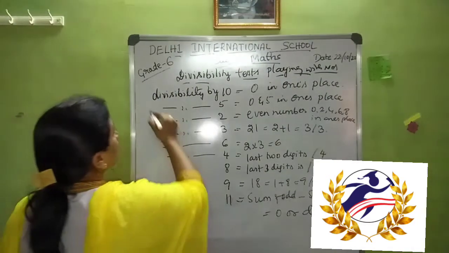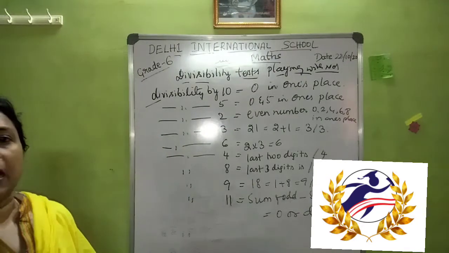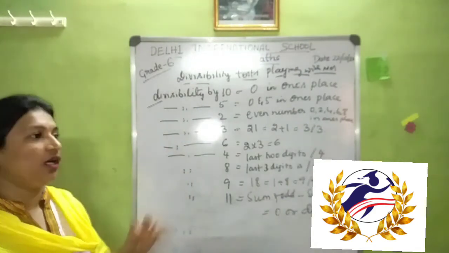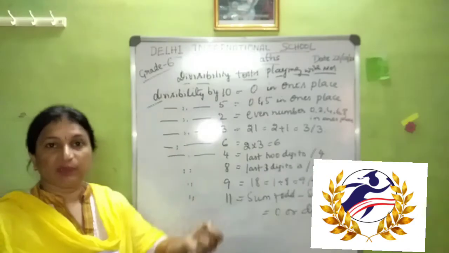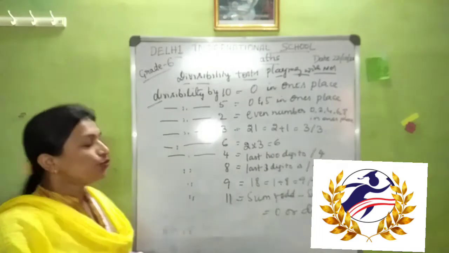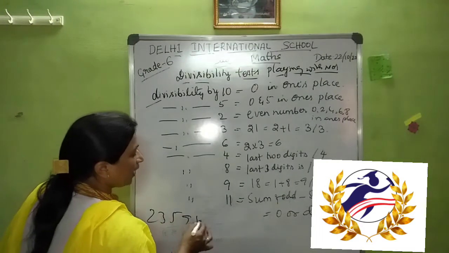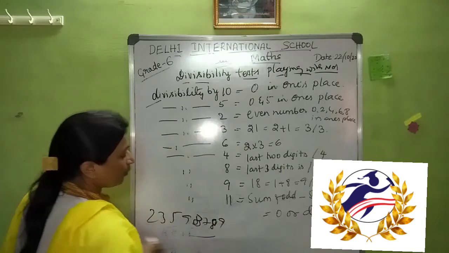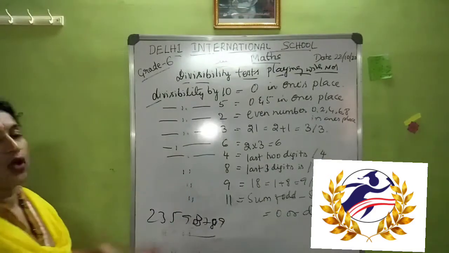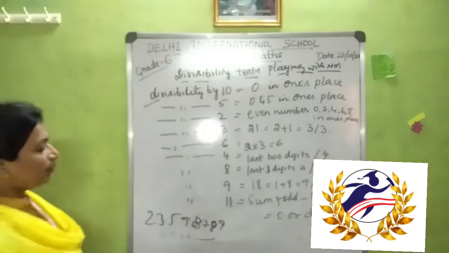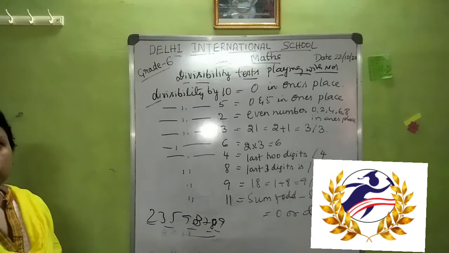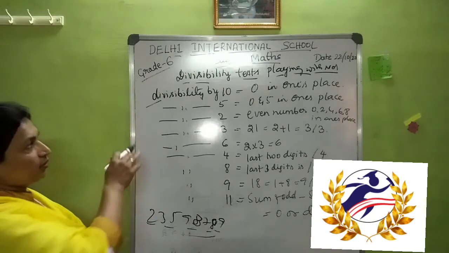So first we will see: when a big or large number is given, how is it checked, without dividing completely, whether it is divisible by 10, 5, 2, 3, 6 or 4? If a very lengthy problem is there, it will take a lot of time to divide by one number. That's why a simple logic is there, to check by looking at only some of the digits whether it is divisible by that number or not. Okay. So let us learn that rule.